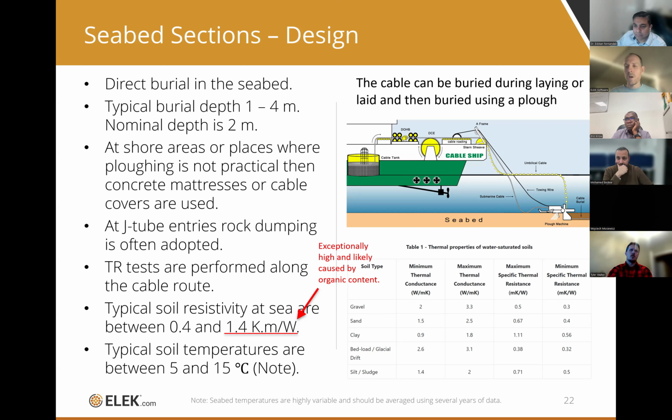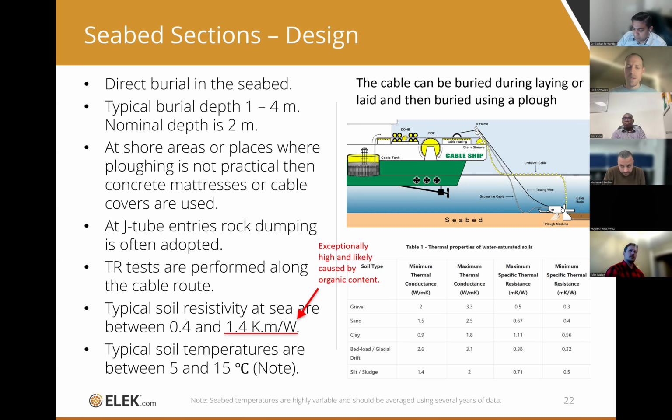Regarding typical soil resistivity of the sea, because these soils are saturated with water, the thermal resistivity of these soils is not very high. Typical range is between 0.4 and 0.8, but you could see something as high as 1.4 if you have very high organic content within those soils. Also an advantage of the seabed is that the soil temperatures are usually quite low,